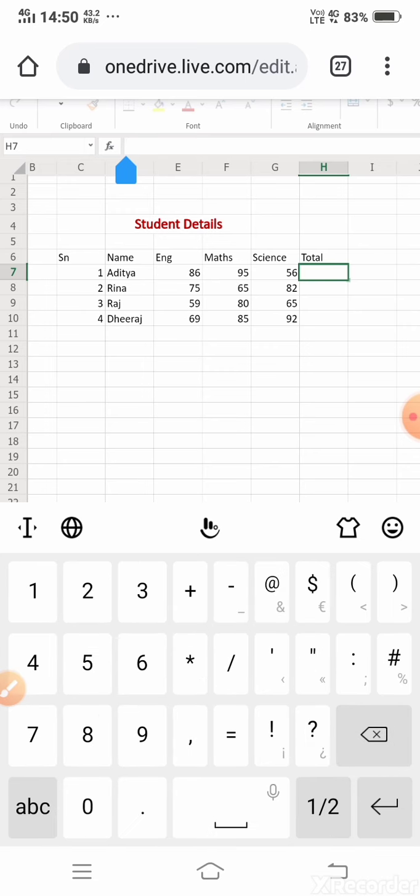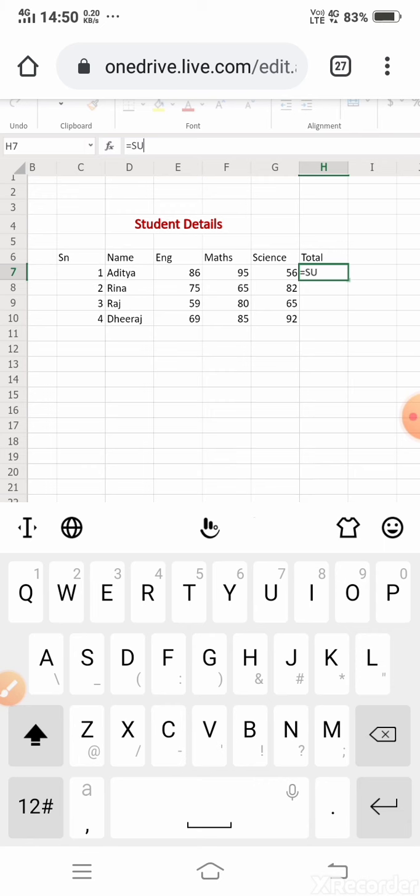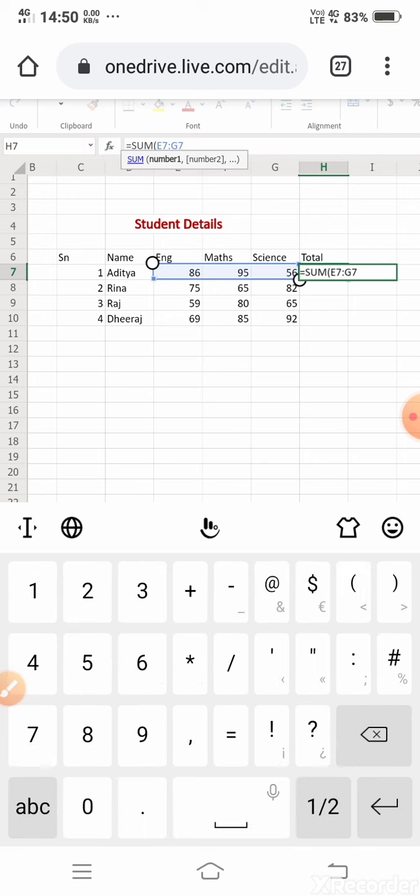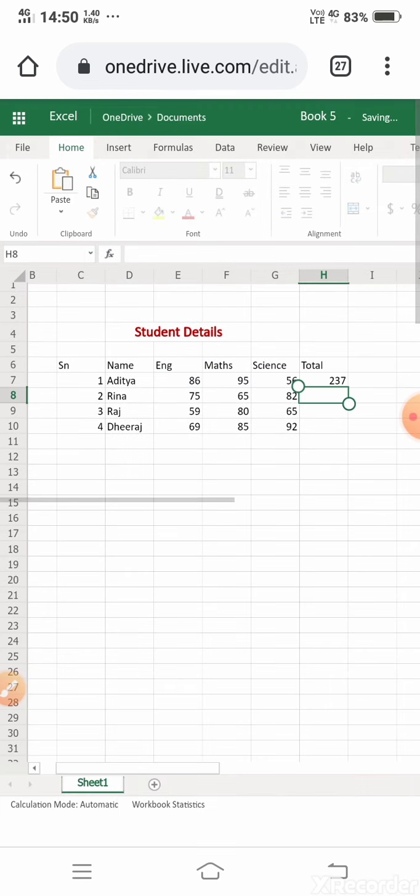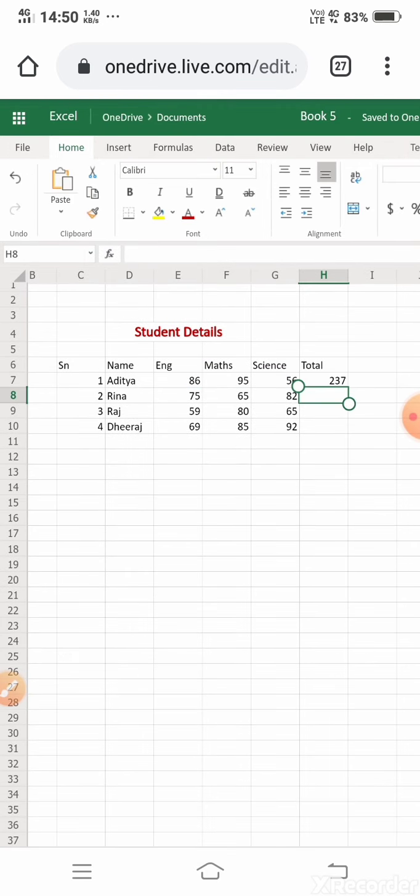Then type equals, then sum. Then click and drag to select the range, close the bracket, and press enter. So 237.